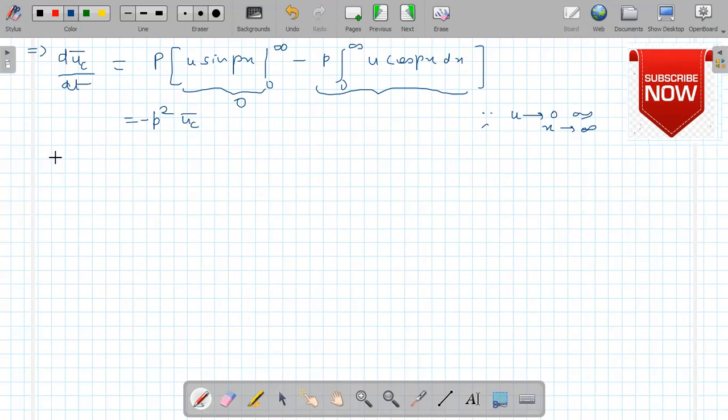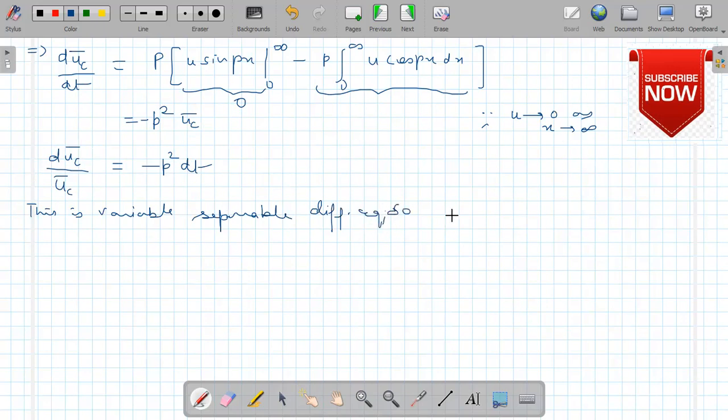So we have duc bar over uc bar. We can separate the variables, the variable separable differential equation. Integrating this, it is a variable separable differential equation. So integrating it, we get